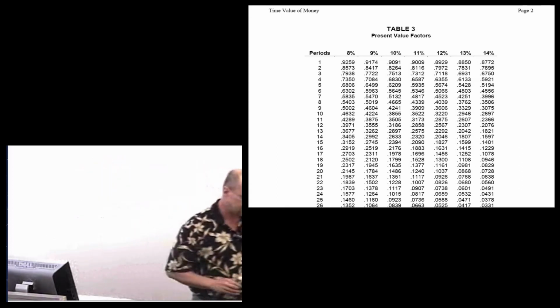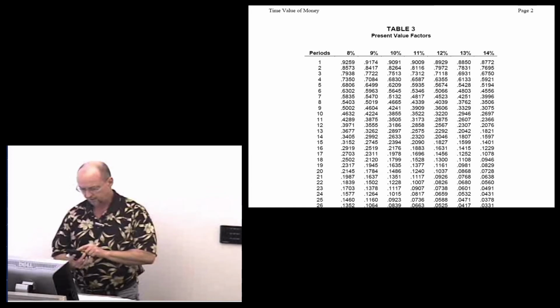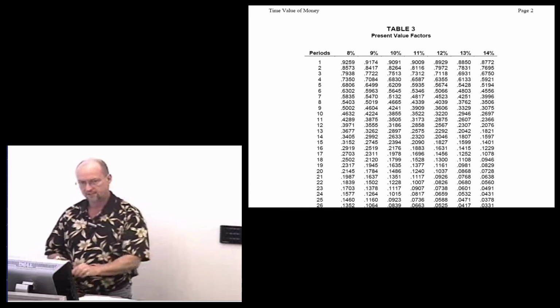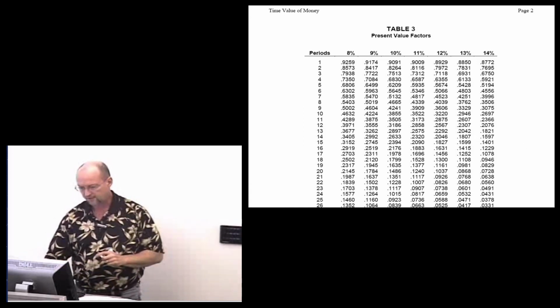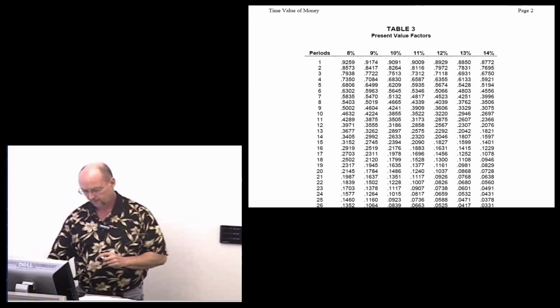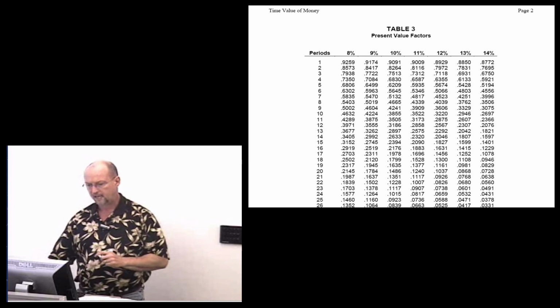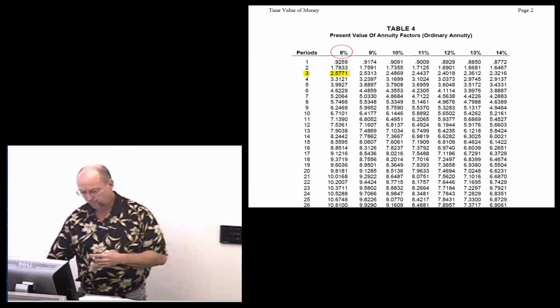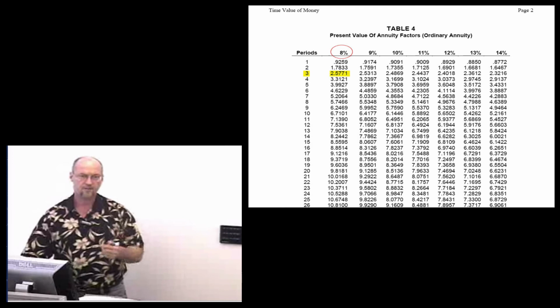Okay, and let's go ahead and do that. Okay, I'm going to do that along with you. So we have 0.9259 plus 0.8573 plus 0.7938, and that gives us 2.577. If I go to the present value ordinary annuity table, okay, look at the 8% column, third row, there it is, 2.577. So this table is simply a shortcut